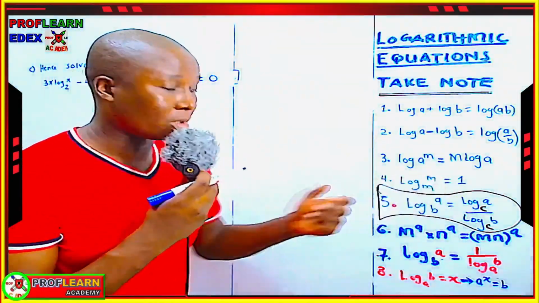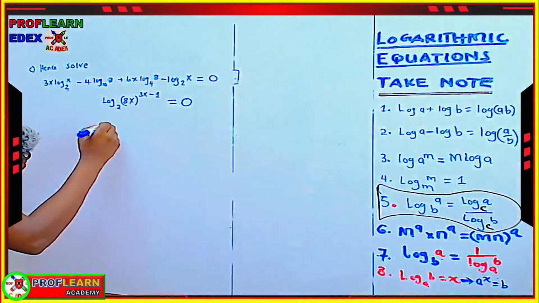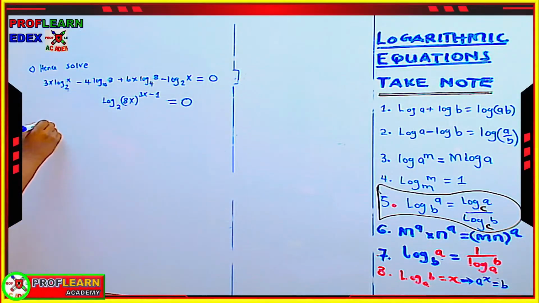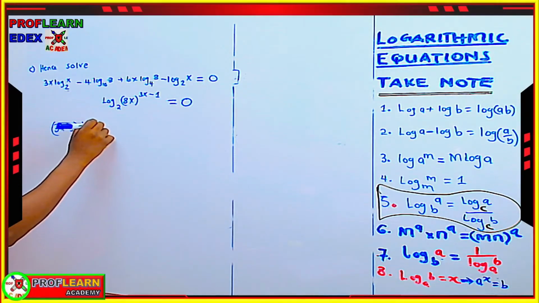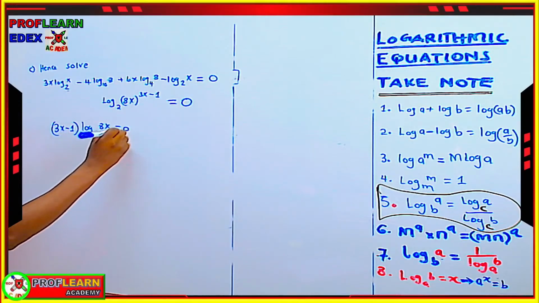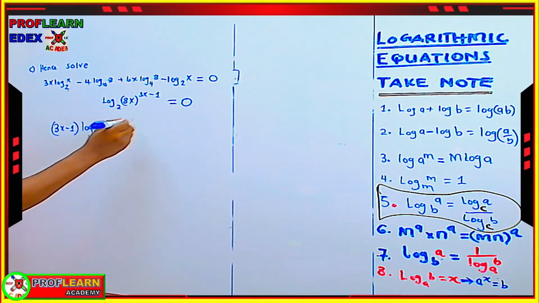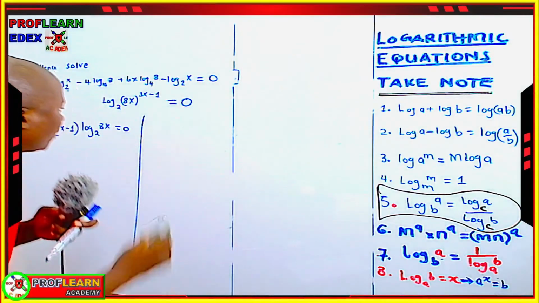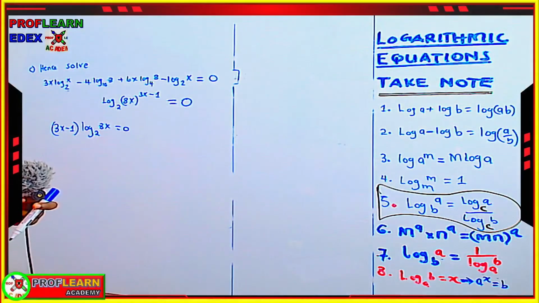That is one of the ways we can approach this question at this point. Another way we could approach this question is by expressing it in index notation while keeping this intact the way it is. Let me show you what I'm trying to say. We can express this in index notation without taking the power down. So we are going to have